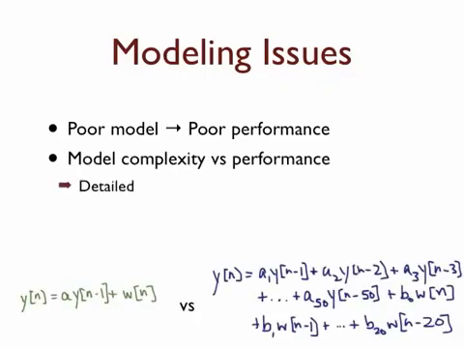Now there's a more subtle trade-off that occurs with respect to the complexity of a model versus its performance. Okay, and I've drawn two models represented by equations at the bottom here. On the left, in blue, we have a fairly complicated looking equation that would be a model for, say, a signal y of n. Whereas on the right, in green, we have another much simpler model for a signal y of n. The more complicated model generally is going to require more computation. And the other aspect is the accuracy.